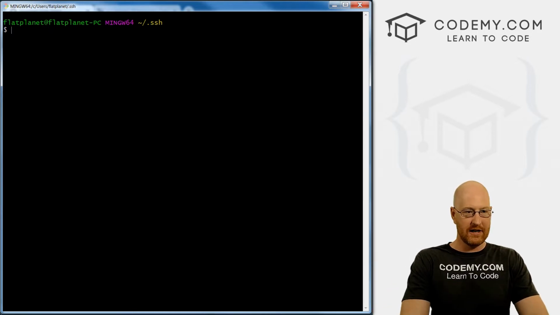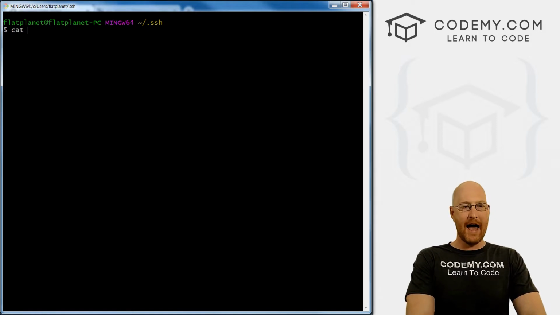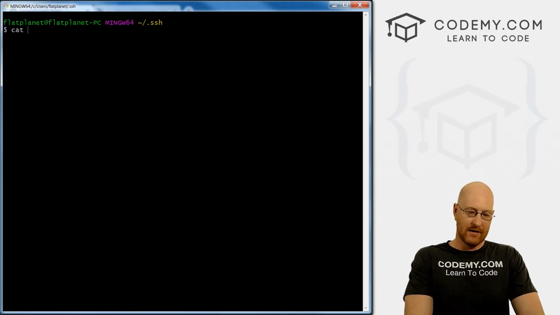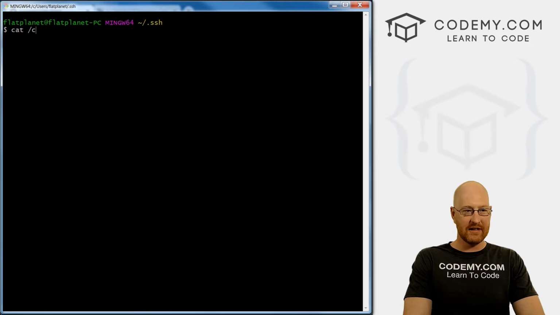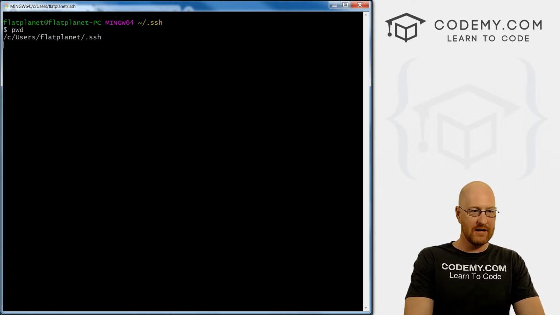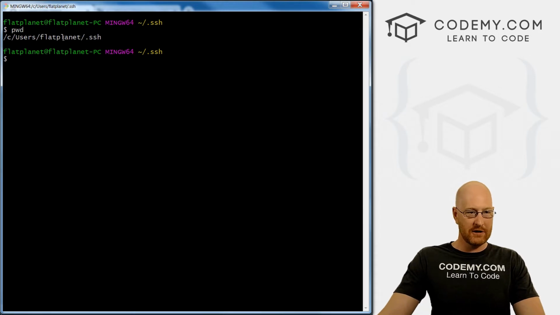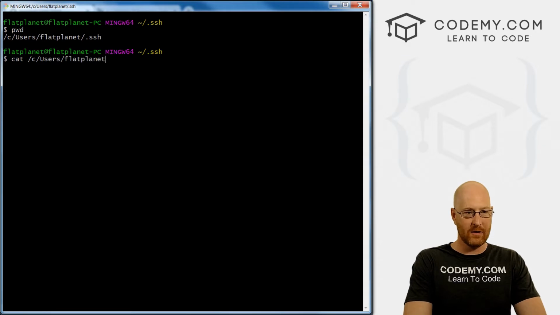And let's clear the screen here. We can do that by issuing the cat command. That stands for catalog. It basically just shows the contents of a file. First, let's go pwd just to see this is the directory that we're in. Okay, that's good. So now let's go cat and then /c/users/ and I'm just copying the directory that we're in,